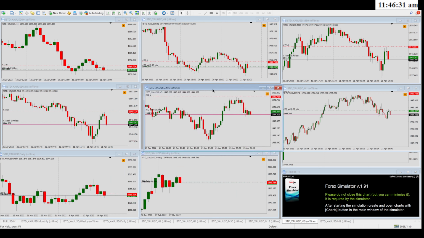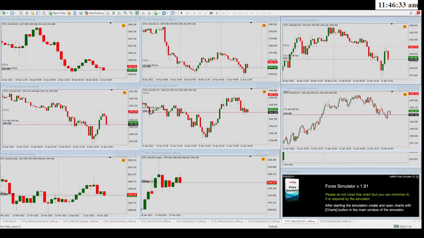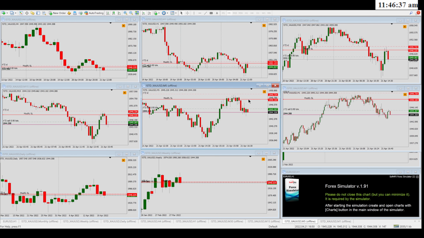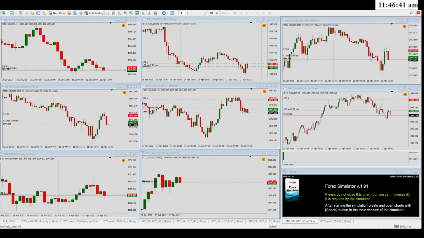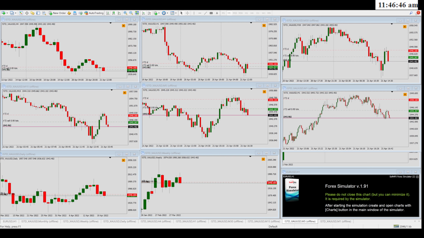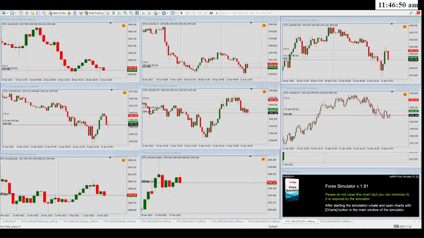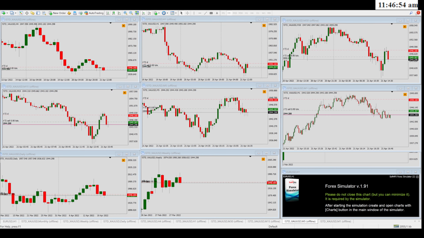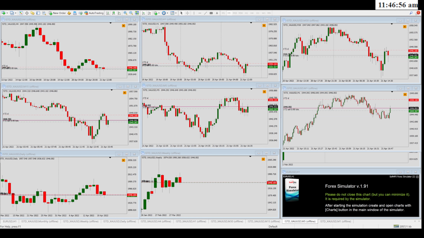Wait a second, yeah, I need to modify my stop right in here, and I need to let it run. Now the M15 candle is about to close. If the M15 candle doesn't make a significant move to the downside,